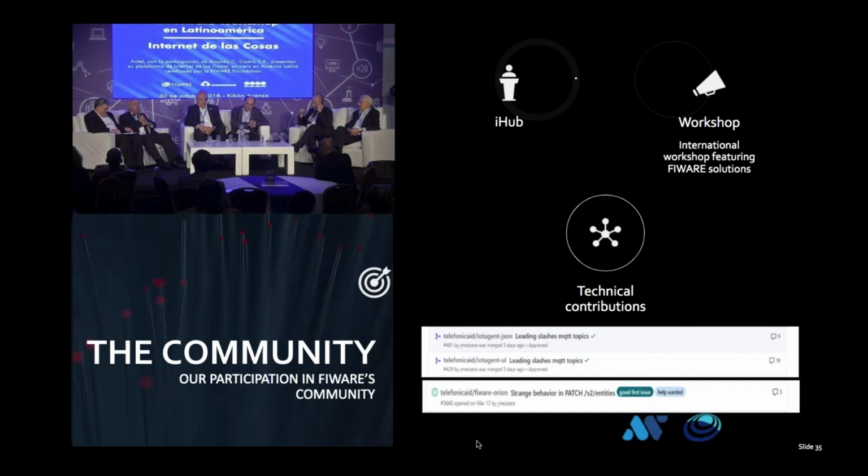So I want to tell you about the community. We would like to develop our role as an iHub. We try to be technically involved in the community. I don't know if you can see the bottom part of the slide, but those are some changes we made or proposed to the core of the platform itself. We ran the first international workshop here in Latin America. And now I want to dedicate the last few minutes to tell what it meant for us to be an iHub,